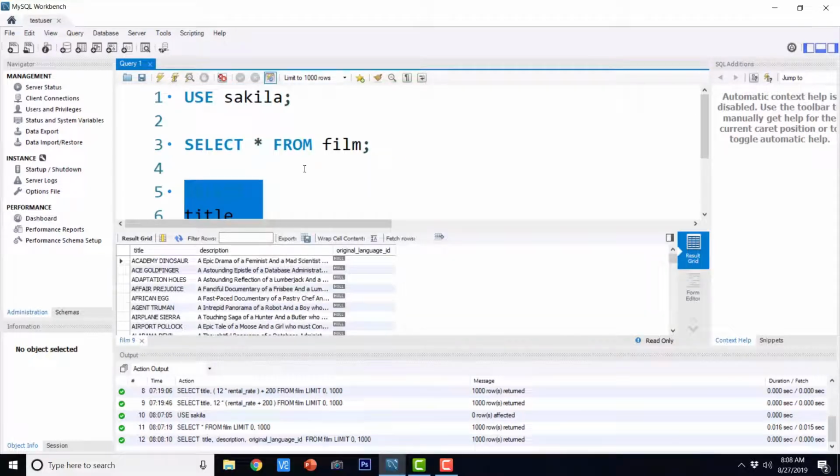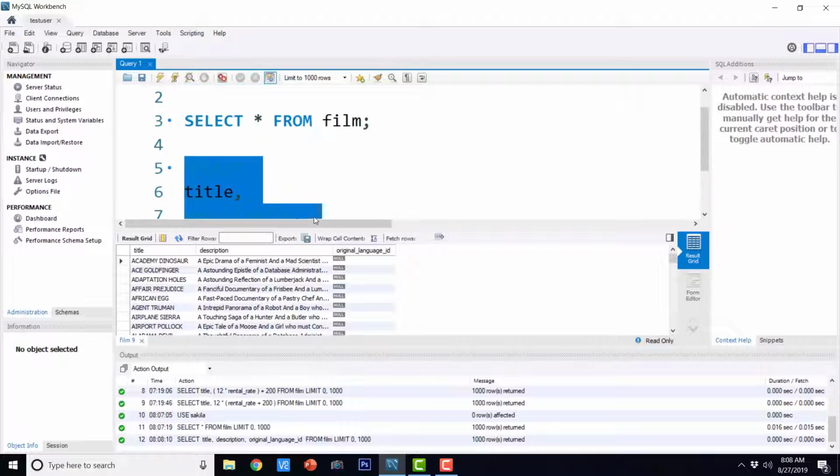If I execute this, this is the output, and you can see that original language ID has got null value in that. So this is how a null value means absence of data.